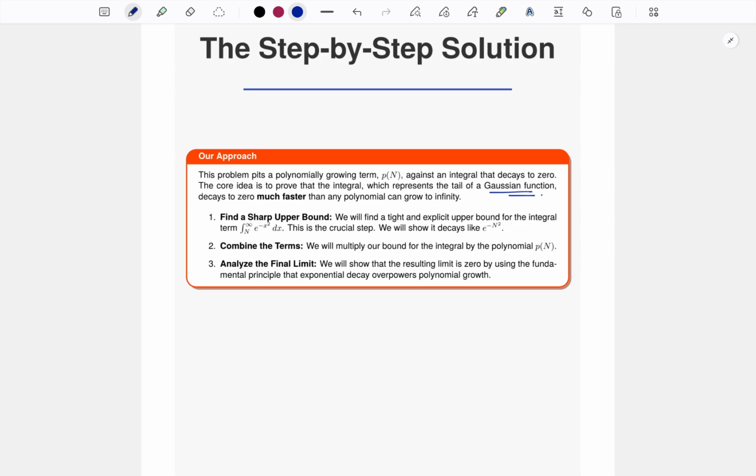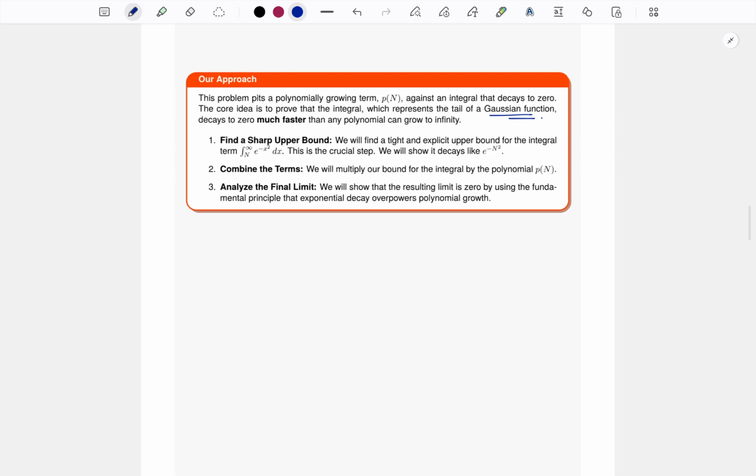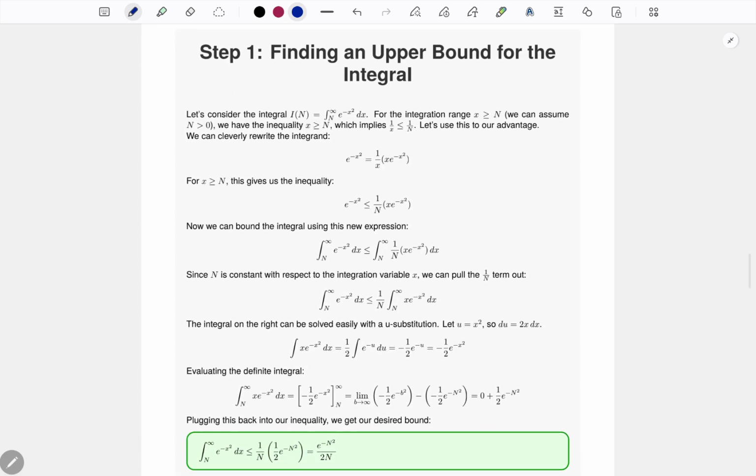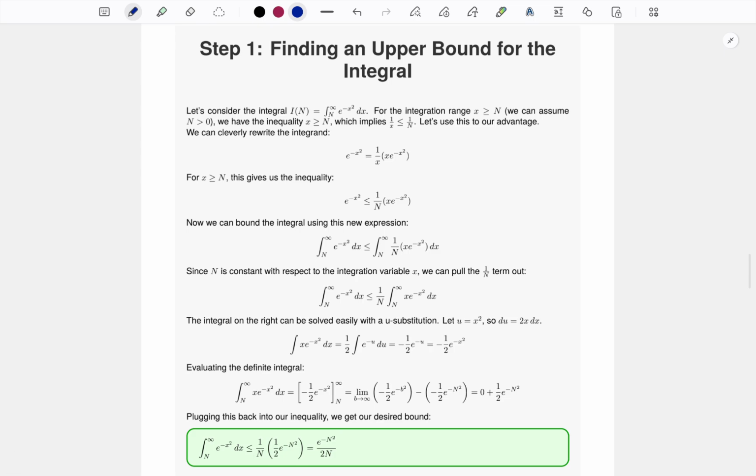How do we typically do this? Firstly we find a sharp upper bound for the given integral. Then we combine the terms and analyze the final limit. The most typical way to calculate limits in these sort of scenarios is the squeeze theorem, and we'll see that that is exactly what we will be requiring here. So, finding an upper bound for the integral,